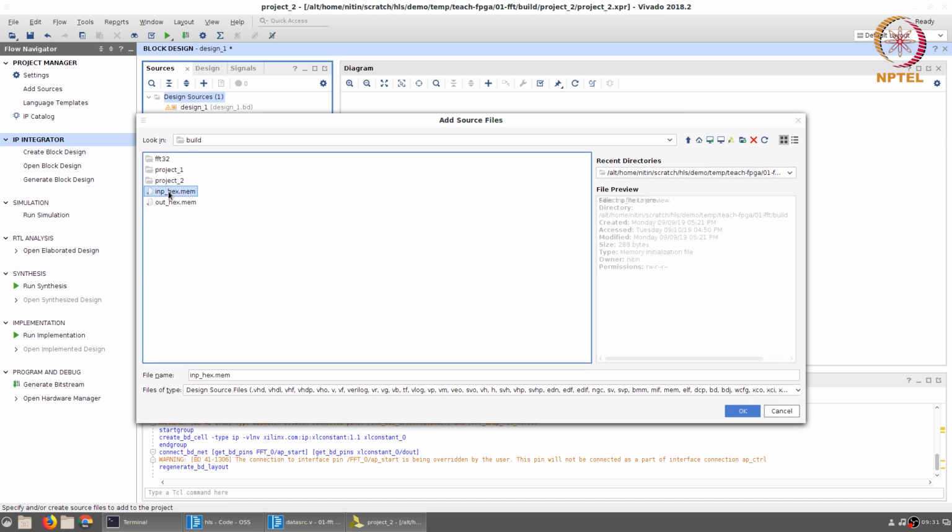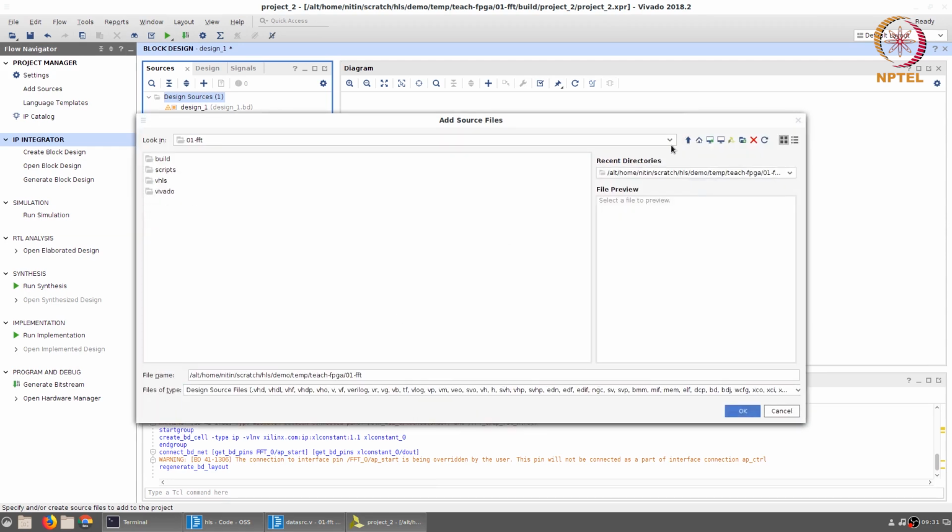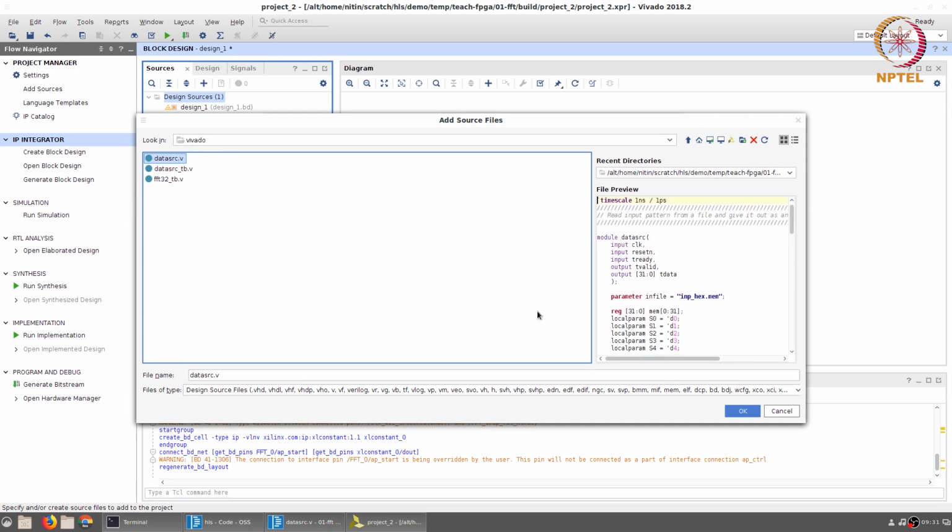These 2 files, the input hex.mem and output hex.mem, are to be added because they will then be used by the data sources. But in addition to this, I also want to add the datasource.v from the Vivado folder of the repository of the source code.